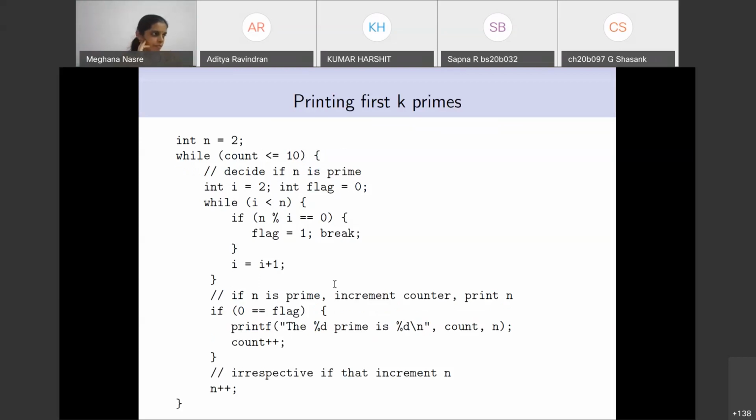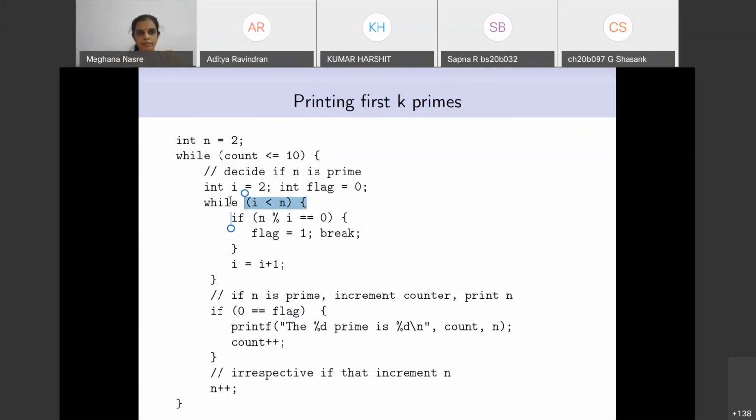Okay, so hold on. What is it that you are setting flag equal to? So this int flag is equal to 0, right? Yes, that's inside the first while loop, that is while i less than n. You just put int flag equal to 0. So the flag variable, you are defining it outside the loop, but you are initializing it here, is it? Yes, ma'am, so that for every number, when it's checking for prime, flag is initialized to 0.